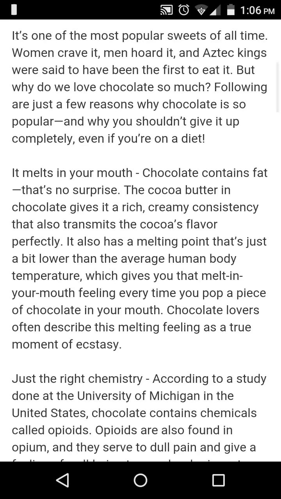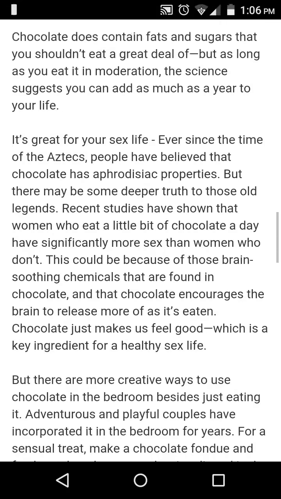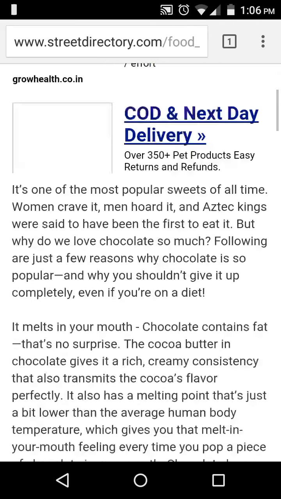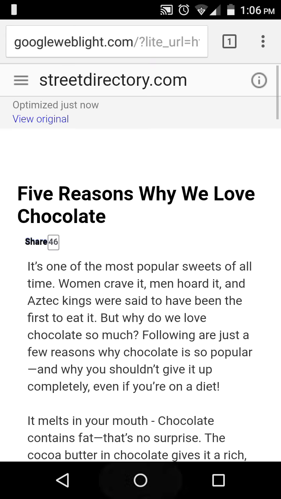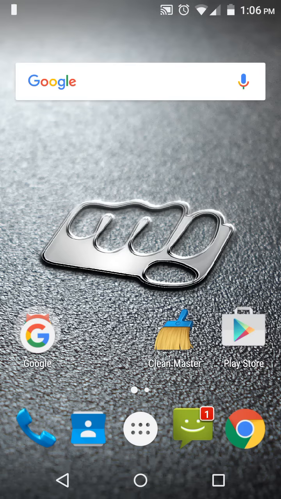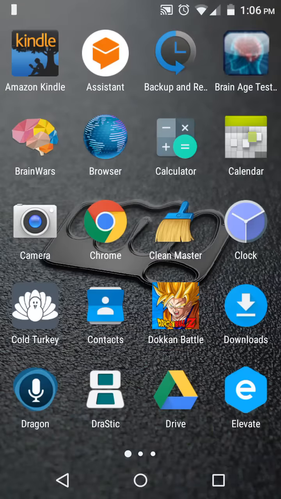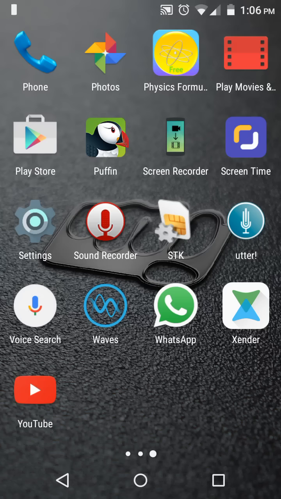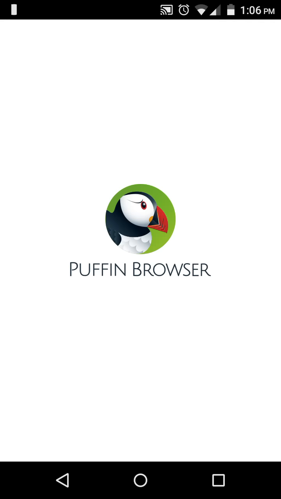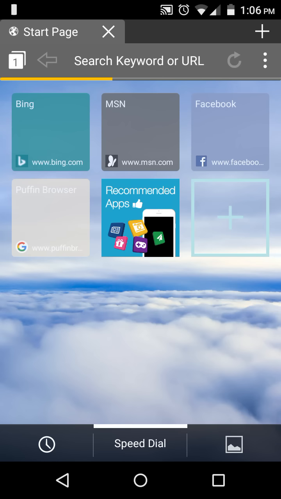Now you can easily check whatever websites you want. But for those who are not able to get what they want even after turning on the do not track option, there is another way, and this is going to fix the problem very easily. All you need to do is use another browser. So what browser should you use? I use Puffin, and Puffin is very nice for tackling this problem.